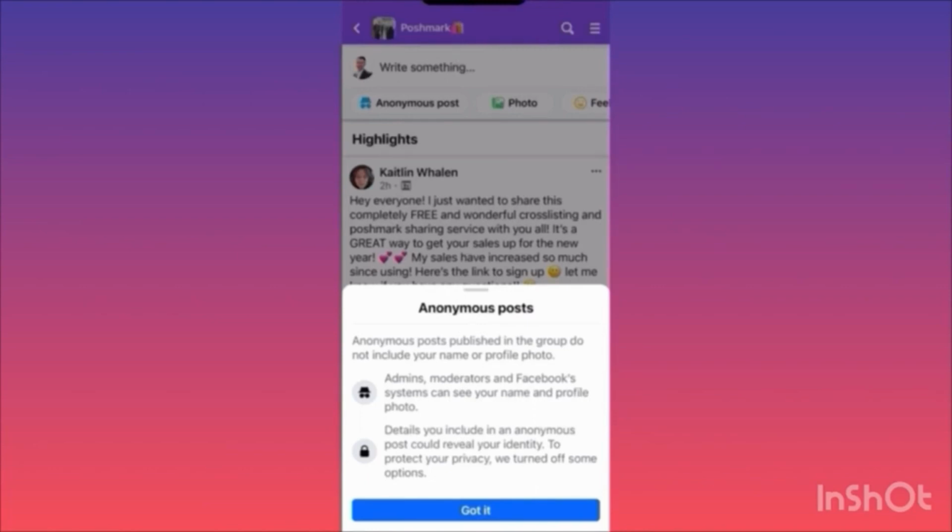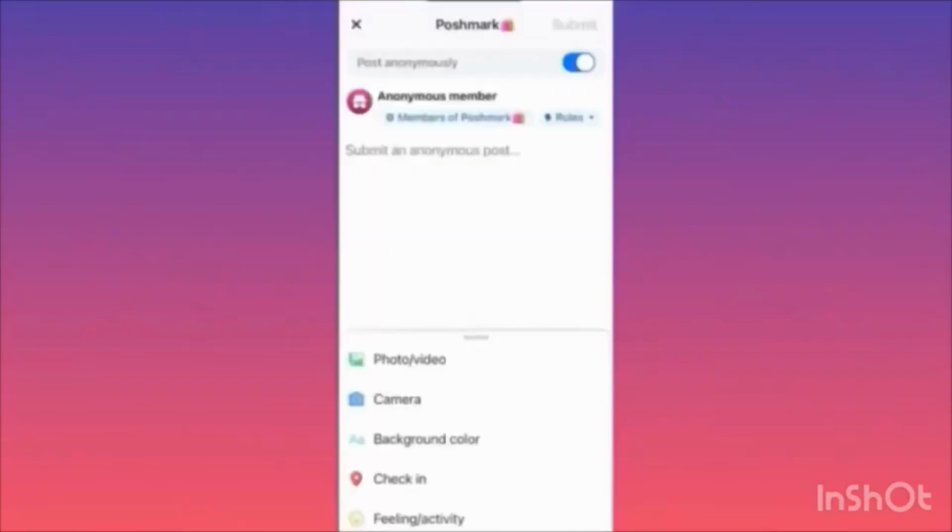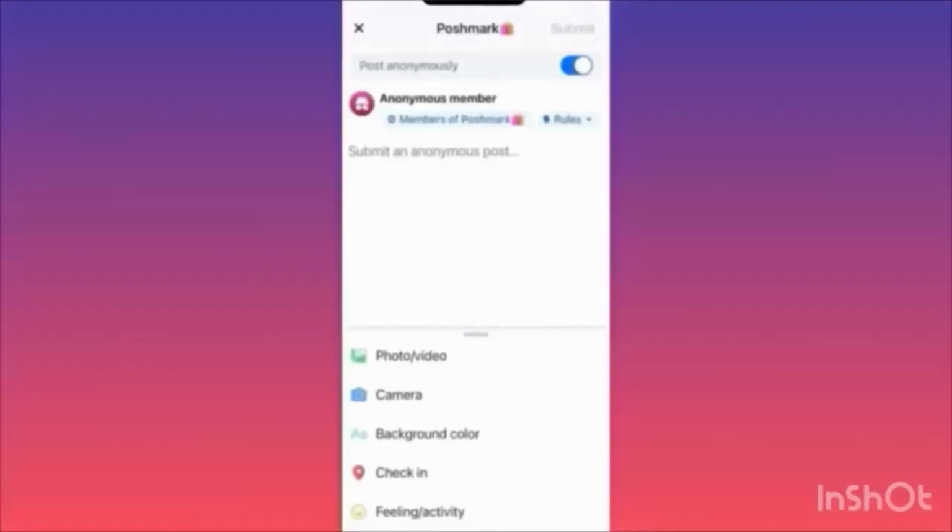Even though your profile will be hidden as an anonymous person, it could still be revealed if some of the people actually know you or recognize you. Okay, be very careful. As you can see over here, when you click over here, you can publish anything that